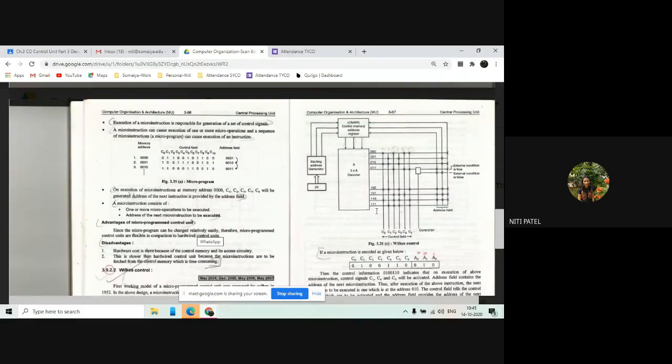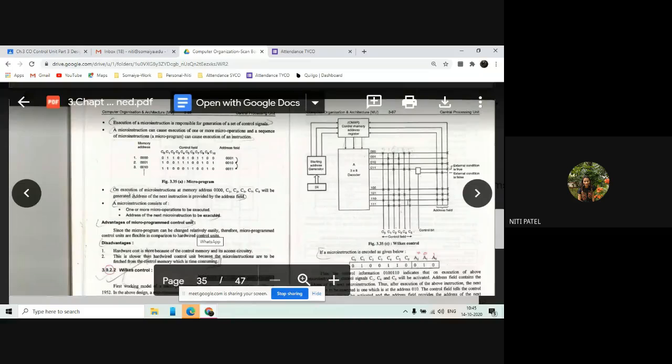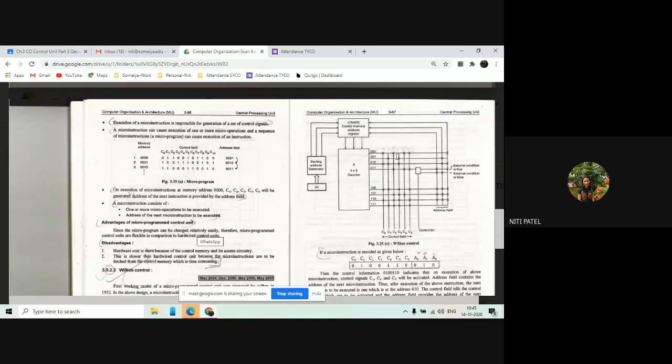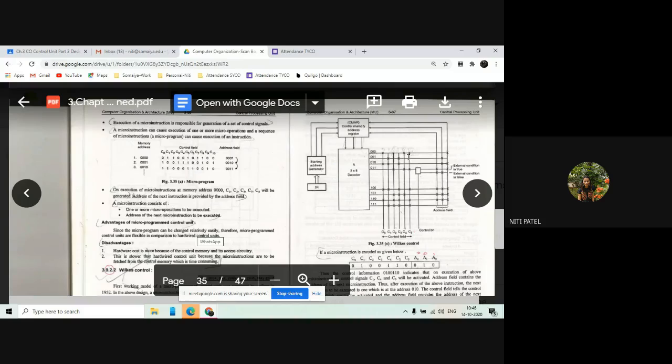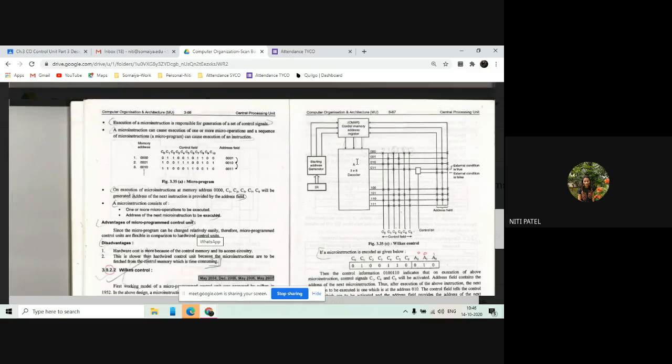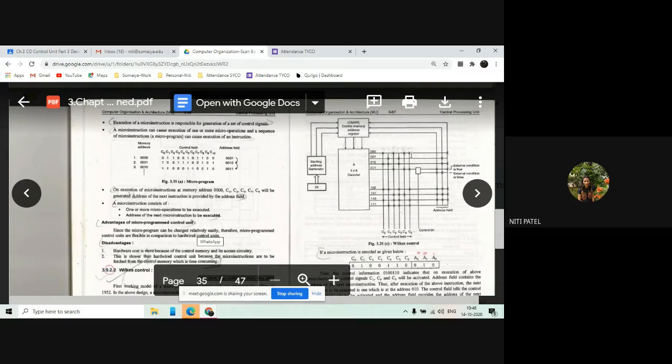सारी 8 lines की जो decoder है वो control lines को connect हो रही है. But can you see जो star cross mark है वो कुछ lines को ही marked है. अभी for example for 000 it is marked to C0, marked with C2, marked with C4 and C5. Yes or no? I repeat again. For the address 0000, control signals used are C0, C2, C4 and C5. Can you see that?